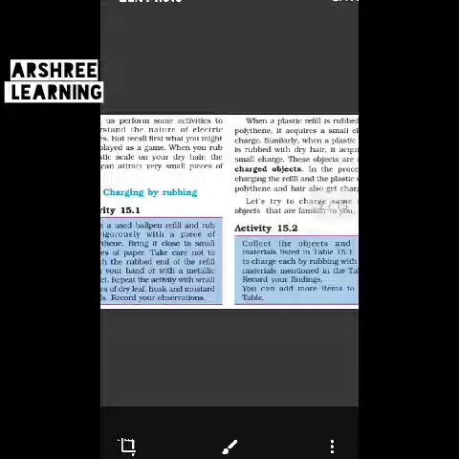Now activity 15.2, you have to collect different objects, and then you will test them with charged objects. You will have to collect different objects which can be light, of different size, and then you rub a material and then you bring them. What will happen when you bring them